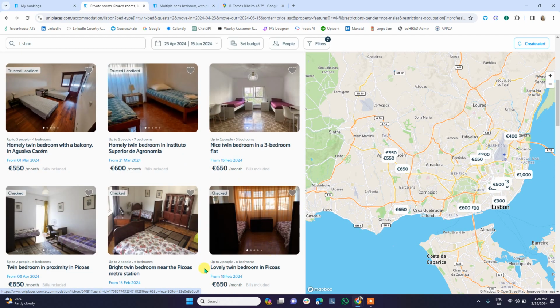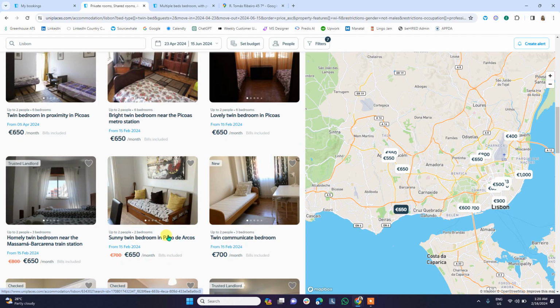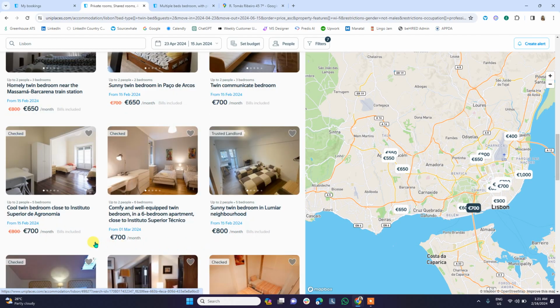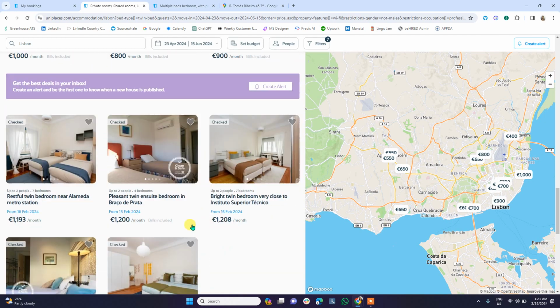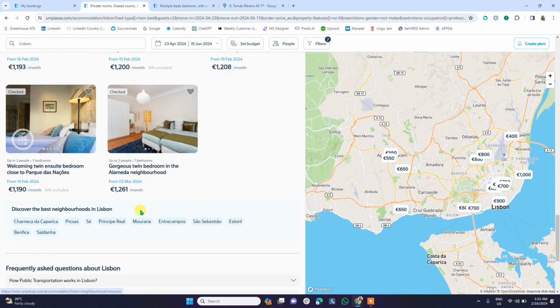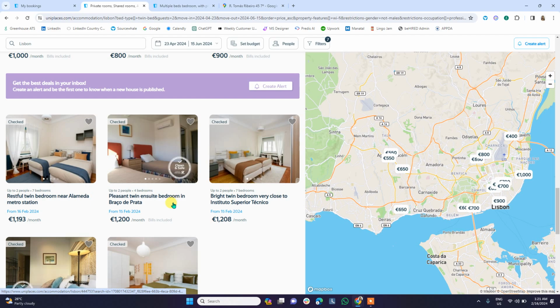There are a lot of good listings of properties here in Uniplaces. Feb 15. So it's not actually true that if you book your accommodation near the date, it's very expensive. So for example, this accommodation, it's 700 with 2 beds. But they are accepting from February 15. Same here, March 25. So far, there's no April yet because we already booked the accommodation that we found for